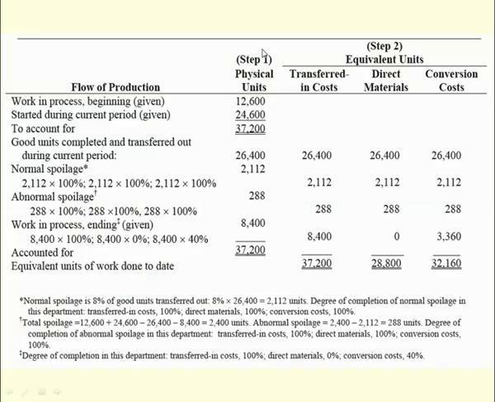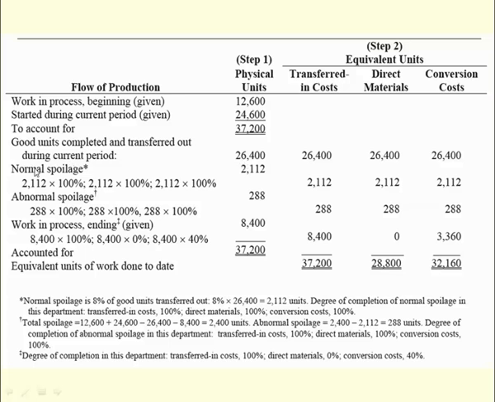First, step number 1, calculation of physical units. We start with work in process beginning, and it was given by the amount of 12,600. Units started during current period 24,600, which are units completed and transferred out from the cleaning department. Total units to account for is 37,200 units. Good units completed and transferred out during current period is given with the amount of